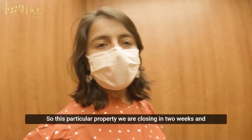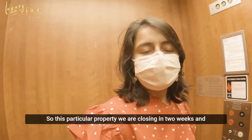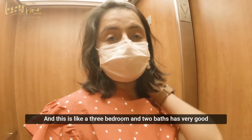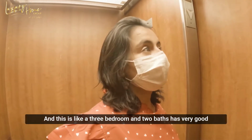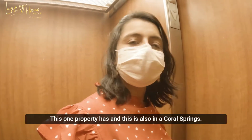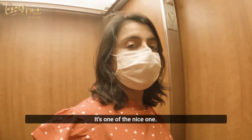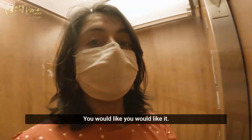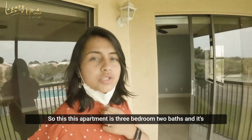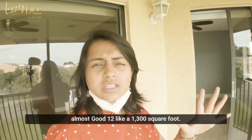So this particular property we are closing in 2 weeks, and today is the inspection day. This is a 3-bedroom, 2-bath. It has very good square footage, and this is also in Coral Springs. It's one of the nice ones. You will like it. So this apartment is 3-bedroom, 2 baths, and it's almost 1,300 square feet,